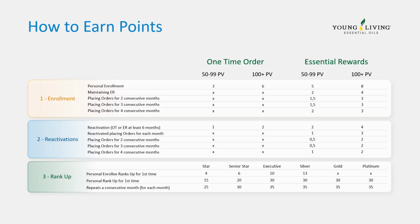You get points for reactivating. So if you've got team members or people in your business that have not placed an order over the last 6 months, then, you know, what a great time to reactivate. People love our product in the autumn, so touch base with them. And the other opportunity, of course, you have is to attend a Young Living Day. You know, encourage those people to pop back and just take a little look and tempt them to kick back